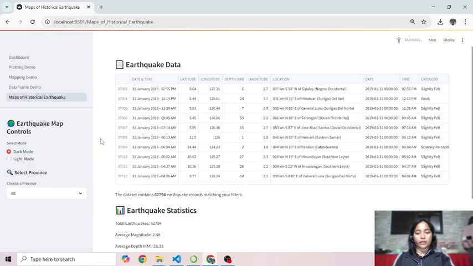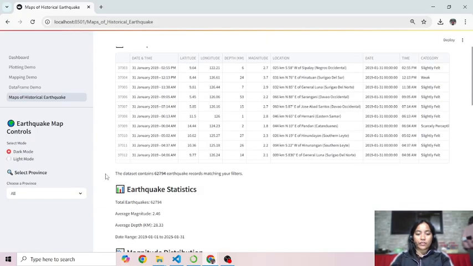This interactive platform visualizes earthquake records across the Philippines, enabling users to explore spatial and temporal patterns of seismic activity. The app is designed to assist the researchers, policymakers, and the public in understanding earthquake occurrences, magnitudes, and depths.